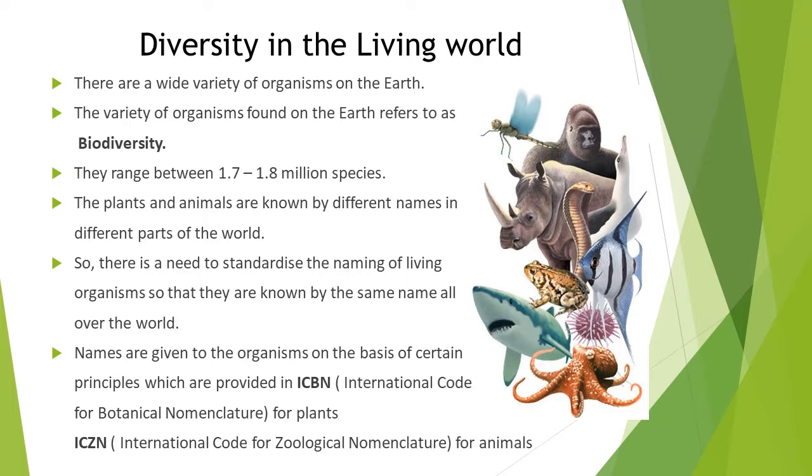Suppose two people are talking about an organism, let's say a cat. So a cat is known by different names all over India itself. A cat is known as billadi in Gujarati. It's known as pilli in Telugu, manjar in Marathi, bile in Odia, billi in Hindi, and so on. So even if these two people are talking about the same organism, it becomes very confusing.